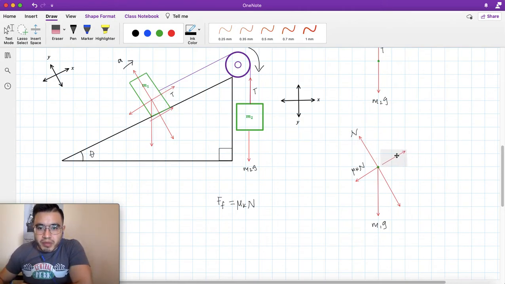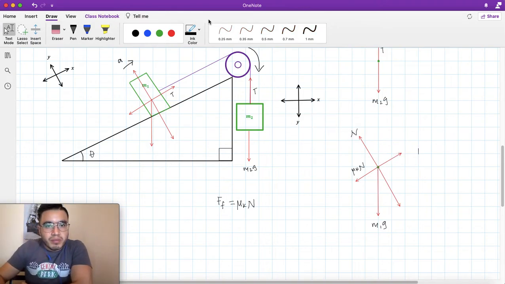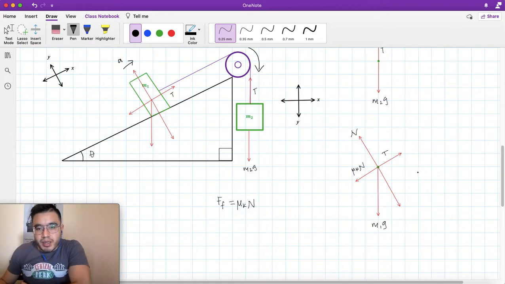Let's go for my free body diagram. There you go. And this is tension. Now I need to label this one over here. And since I have a perpendicular component of the weight of the object, I need a parallel component over here as well. So I'm missing another force on this side.